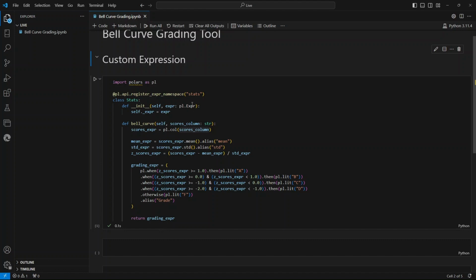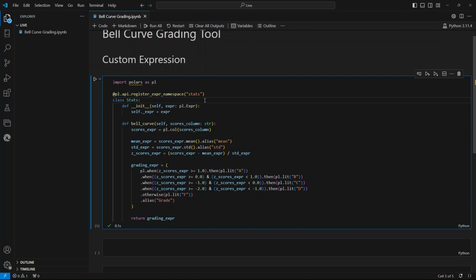So at first up here, we are basically calling Polars and registering a new expression namespace. This is what you're going to use when you are working with Polars to call your custom functions. So we're going to call ours stats. We've got that there. And then below that, we're going to define the class. So once again, you can keep it very simple, name it pretty much the same thing. Could be whatever. The thing that you're actually going to be referencing here is this name here. So whatever you call the class doesn't really matter that much, just as long as you know which expression and